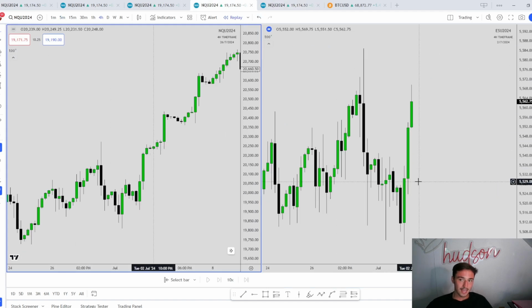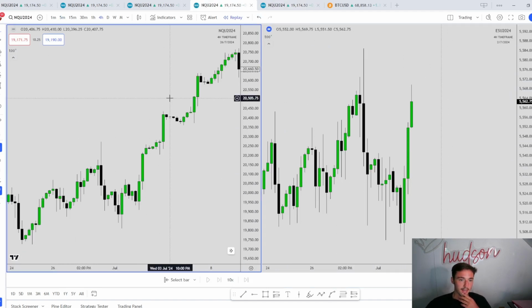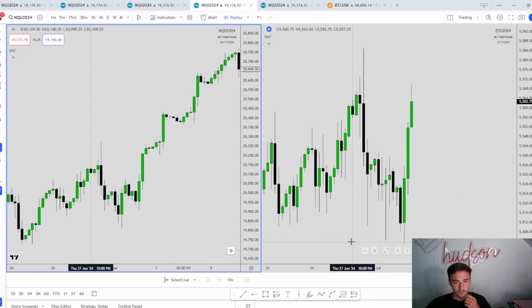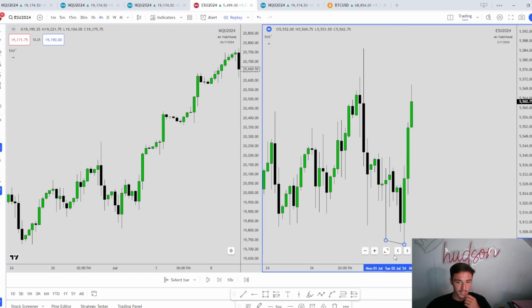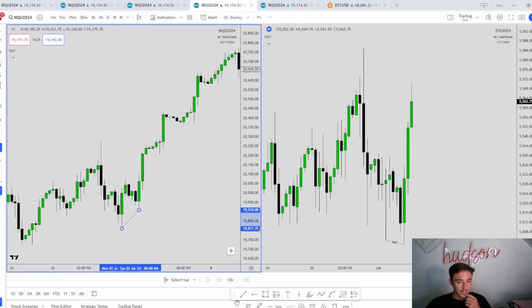So the next example is right here. 4-hour chart on the ES over here on the right, NQ on the left. If we take a look at this low right here, you can see ES takes it, however NQ doesn't. Now what is holding NQ up and what allowed ES to go lower? Well, if we take a look right here,